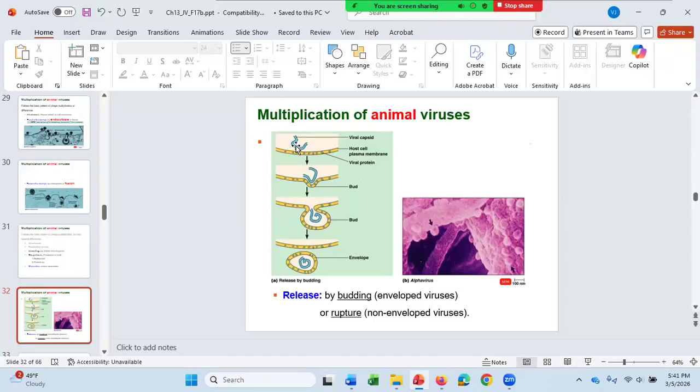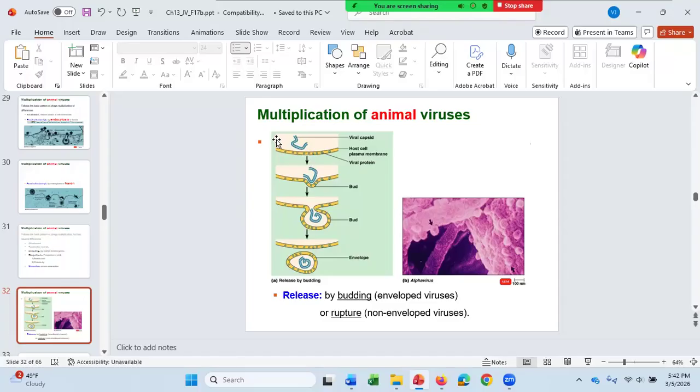So there we have the viral genome and the viral capsid protein. And then that virus starts pushing on the cell membrane or some other membrane of the cell. We'll talk a little bit about which membrane that can be. It will always begin pushing on a membrane that has viral proteins in it, meaning the genome codes for viral proteins and viral glycoproteins, which can be put into, in this case, the cell membrane.